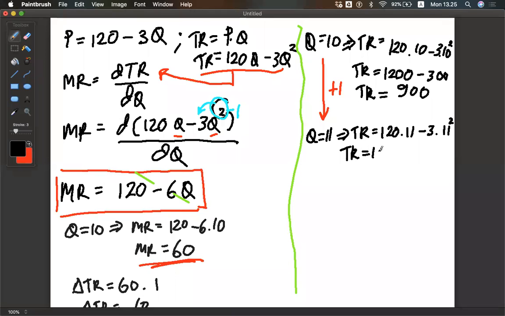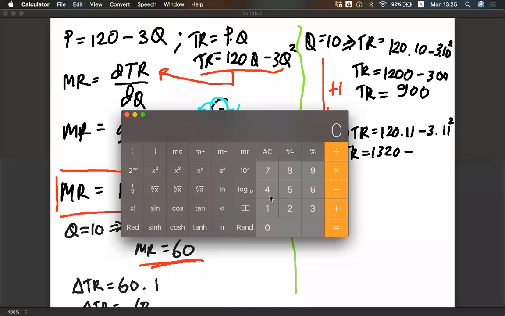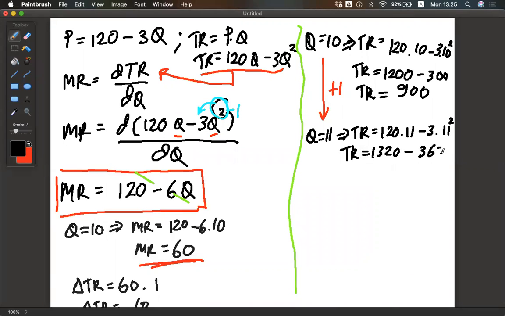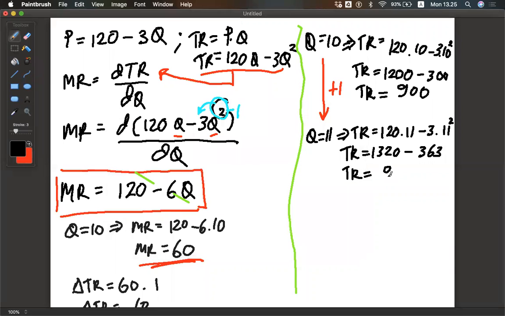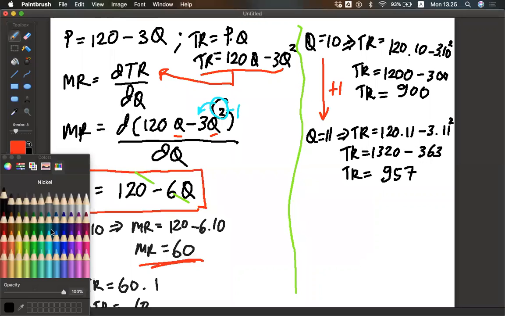1,320 minus 11 quadrat times 3 is 363. So the TR will be 120, 1320 minus 363 equals 957. So based on this case, if,